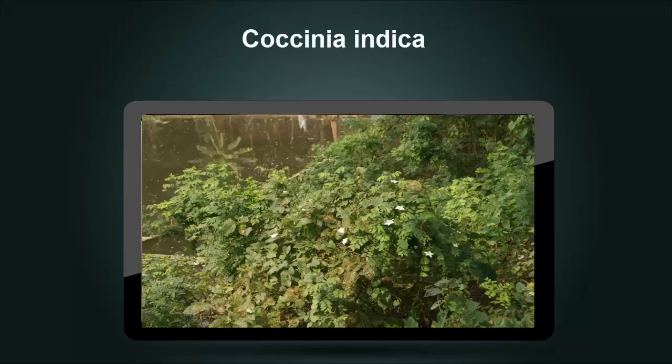Coccinea indica. Coccinea indica is also known as the ivy gourd and grows wild across the Indian subcontinent. Traditionally employed in Ayurvedic remedies, the herb has been found to contain insulin-mimetic properties. Significant changes in glycemic control have been reported in studies involving Coccinea indica, and experts believe that it should be